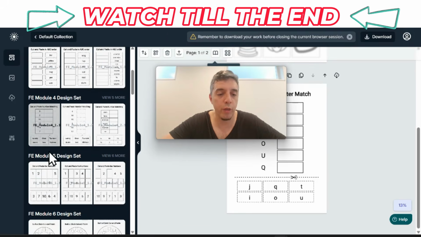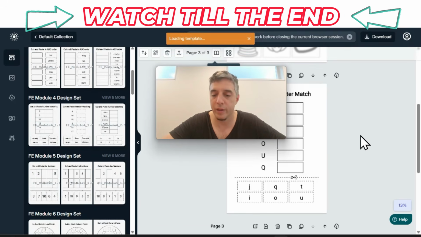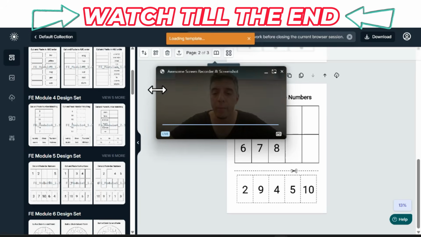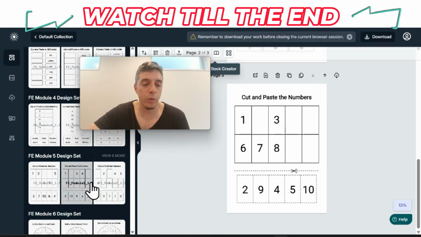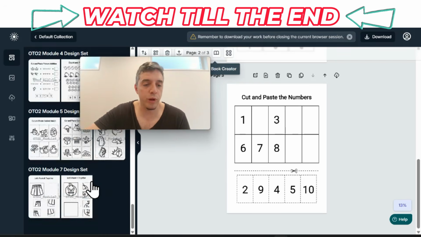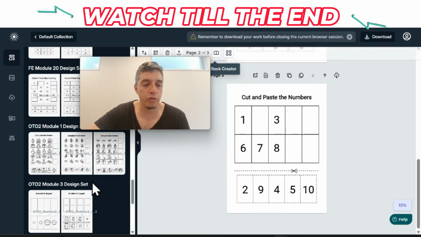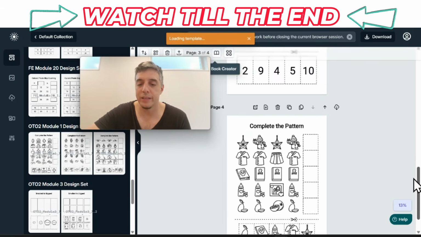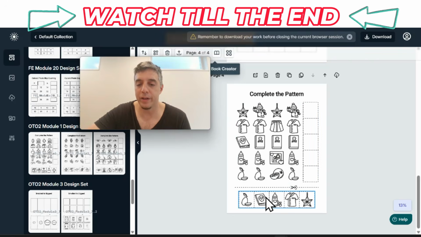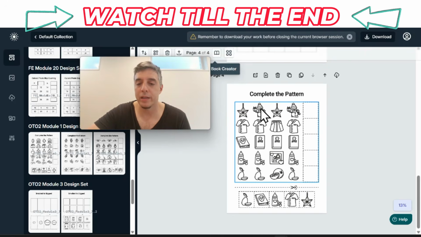Let me go to another one here. I'm going to use this one here. And quickly, you can create a book of over 24 pages, right? Really cool. Let's go to some more advanced. Let's go to OTO2s. OTO2s have more images and stuff. Okay, look at that. They have to cut and paste the correct